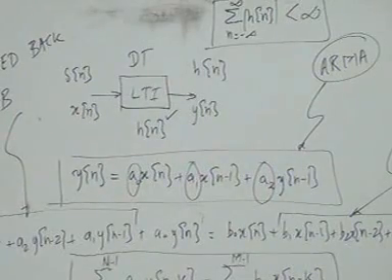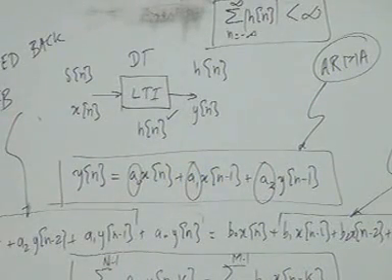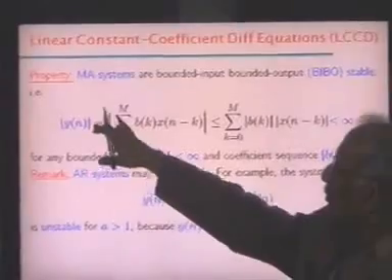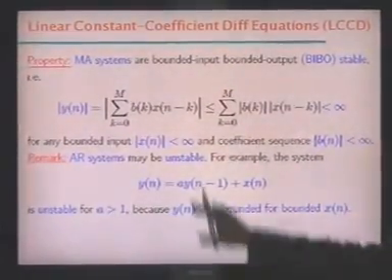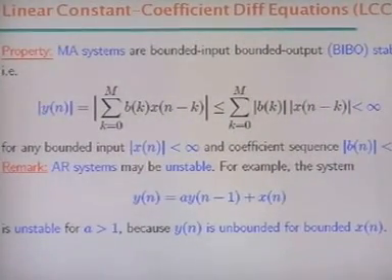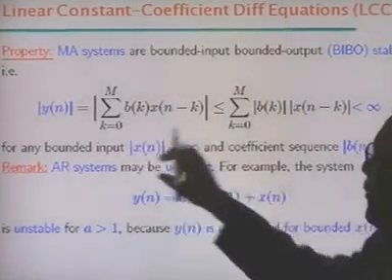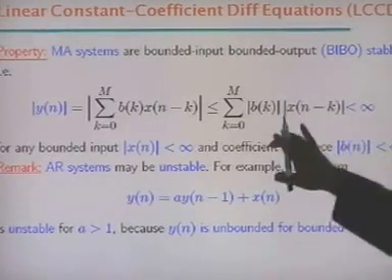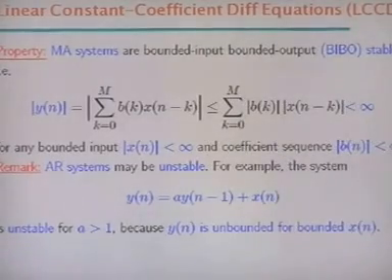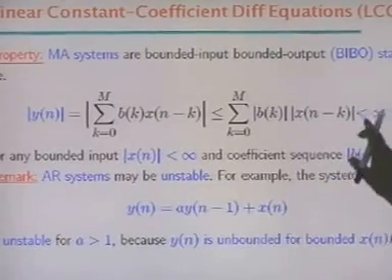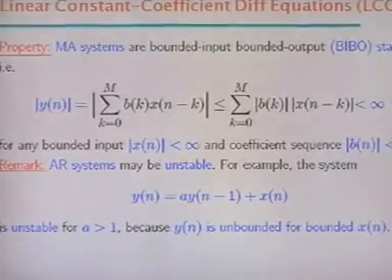Now if we are given a difference equation, how can we find out whether we have a stable system or not? The output magnitude will depend on the magnitude of the right-hand terms. If you take the magnitude inside, the coefficient magnitudes and the magnitudes of the x terms, we change the symbol to less than or equal to, because the mod is applied to both terms, and this has to be less than infinity for y of n to be bounded.